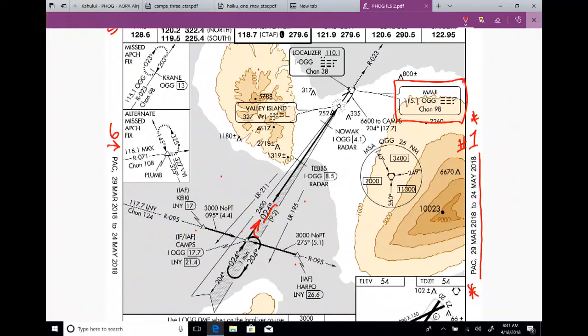Okay? Now, before we start flying this final approach course, you'll also notice this out here like that. This is another area, another holding area. This is an area that has been established where they could ultimately put you to hold. Now, they may or they may not. It